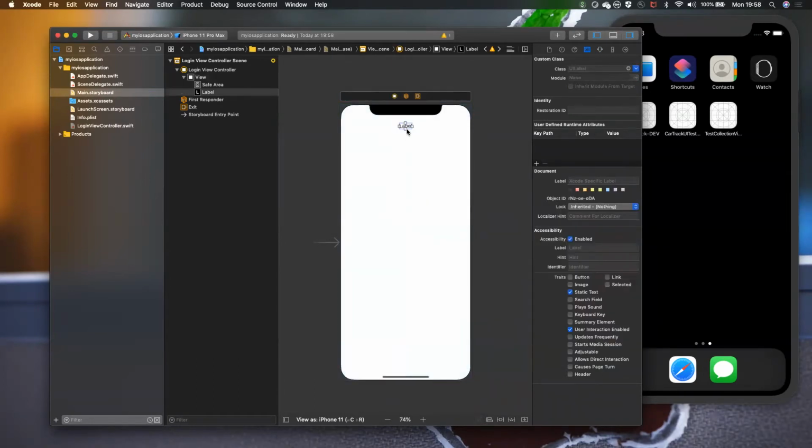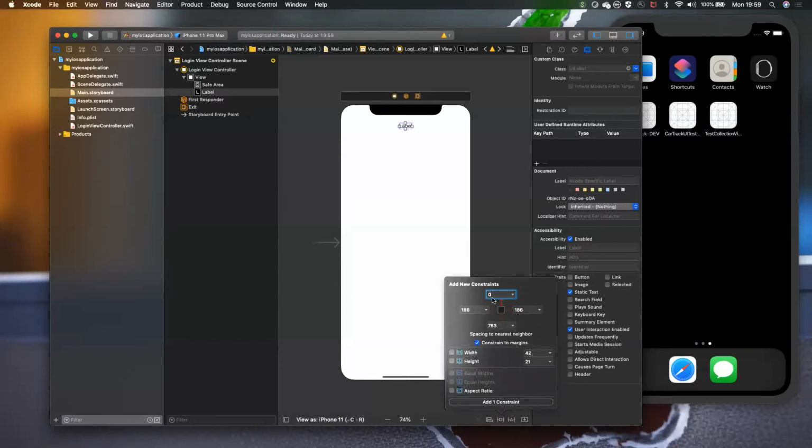Yep, so it's ready. Now I will set constraints, because we develop only one application, but it should support different screens like iPhone XR, iPhone 8, iPhone 6s, iPhone Special Edition, everything. So for that, we need to set a constraint. Just click on the bottom, and you can see the constraint option. You can give the size.